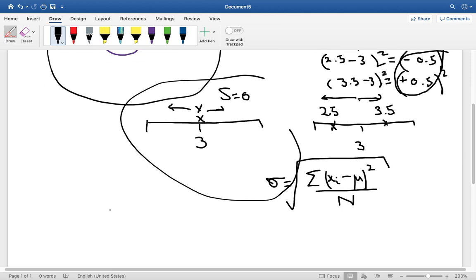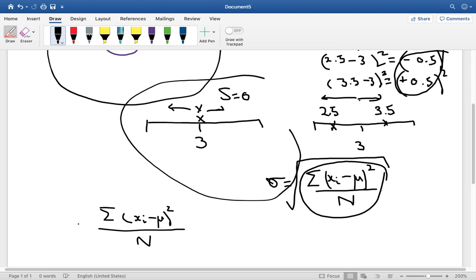And by the way, if I just had this part of it without the square root, so let me write that over here. So sum of xi minus the mean squared over the population size, that would actually be the standard deviation squared, and that is known as the variance. Now the variance we're not really using in this course other than to help us get to